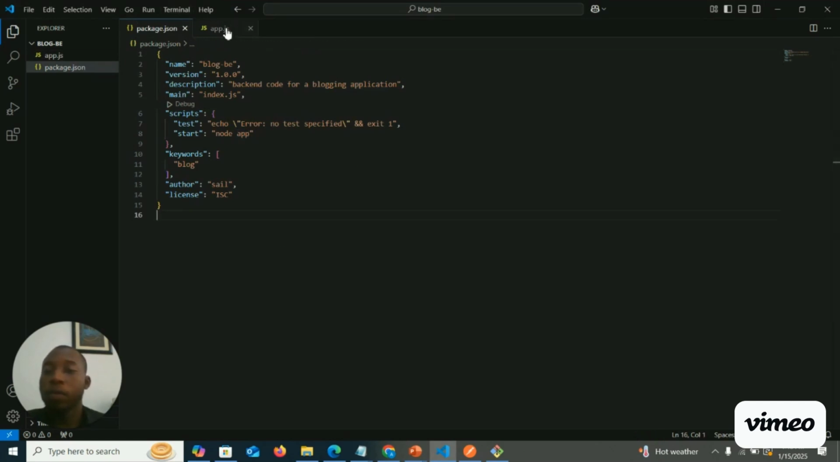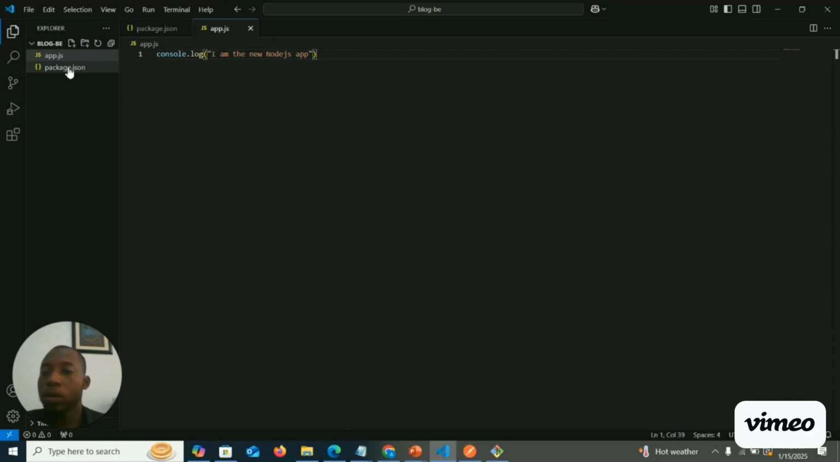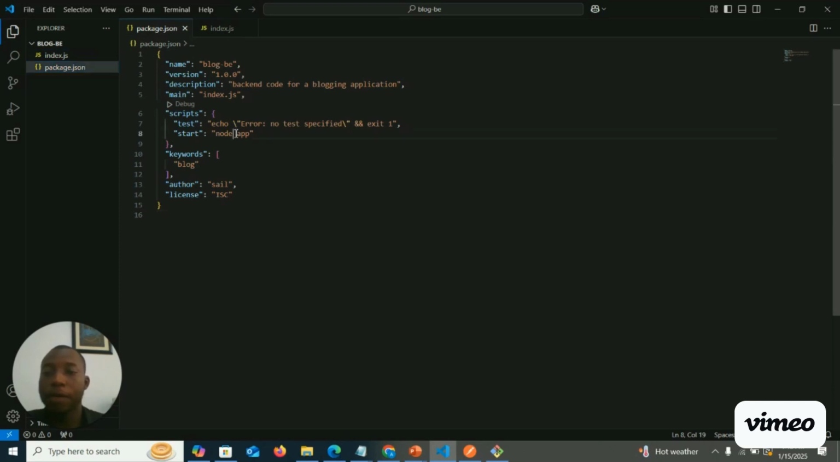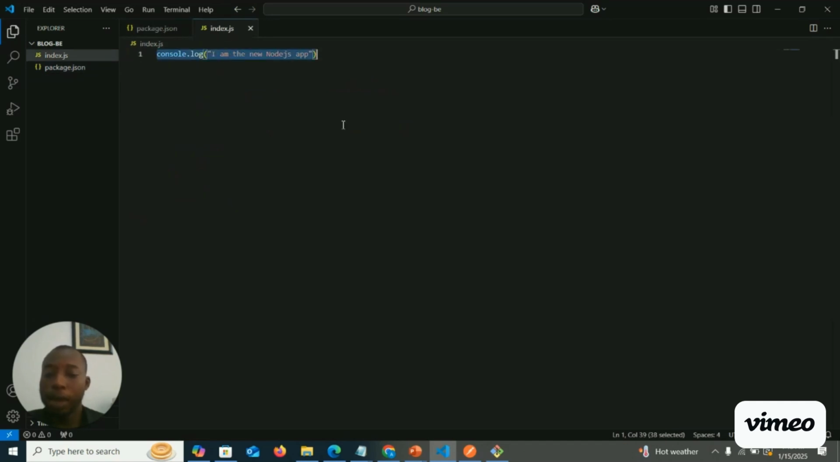Okay, so because we are working with index.js, let me change this back to index.js, and now I have start. I'll change this back to node index. Again, the scripts section and the start command in our package.json. I have node index. So if I come here, let me delete this off, and then we can get started with